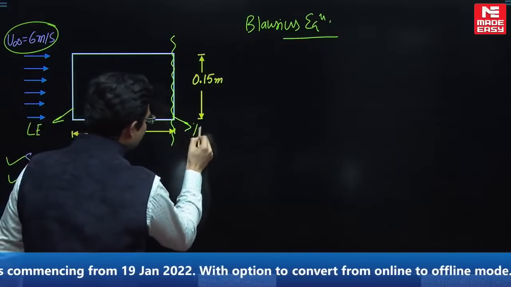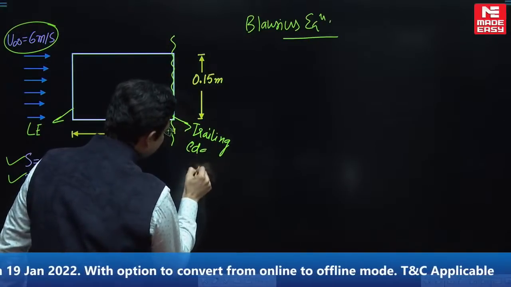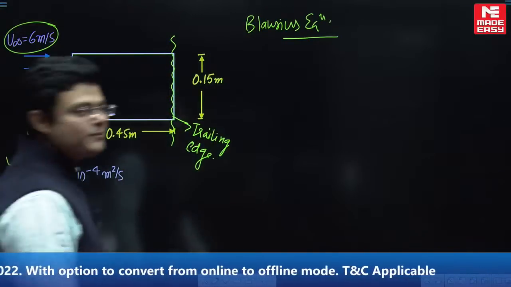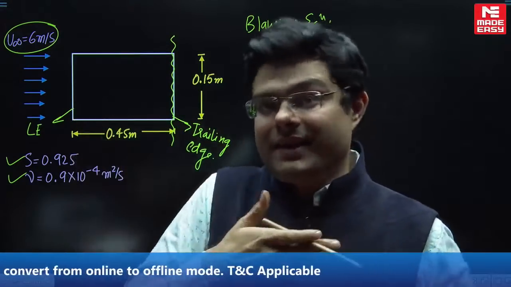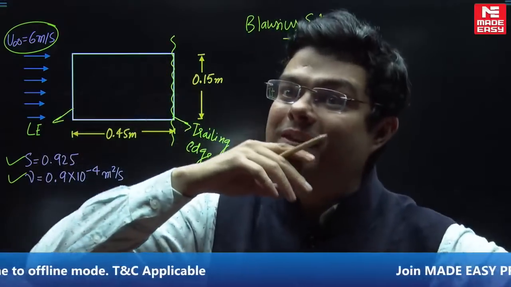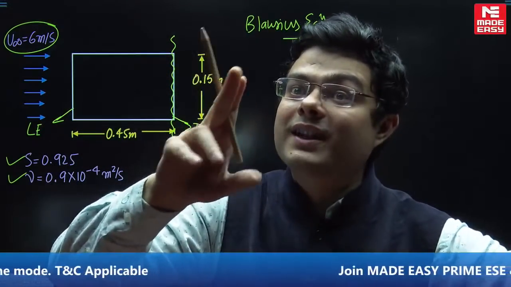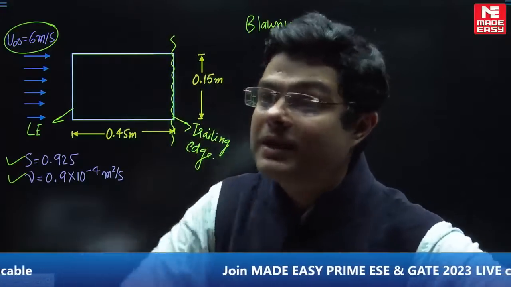ट्रेलिंग एज, so बेटा जहां पर फ्लूइड आके टकराता है ये लीडिंग एज है, ठीक है, और ये क्या है? ट्रेलिंग एज है, ठीक है। So therefore पहले तो ट्रेलिंग एज पे, अच्छा अब इसके ऊपर भाई स्टार्टिंग में ग्रोथ ऑफ बाउंड्री लेयर, लेमिनार बाउंड्री लेयर होता है, लेकिन वो टर्बुलेंट में कन्वर्ट भी तो हो सकता है if it crosses the critical Reynolds number of 5 लाख फ्लैट प्लेट के लिए ना।